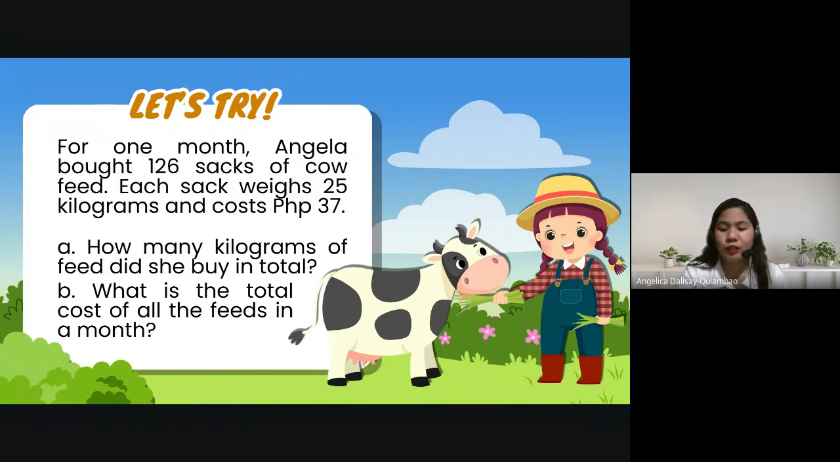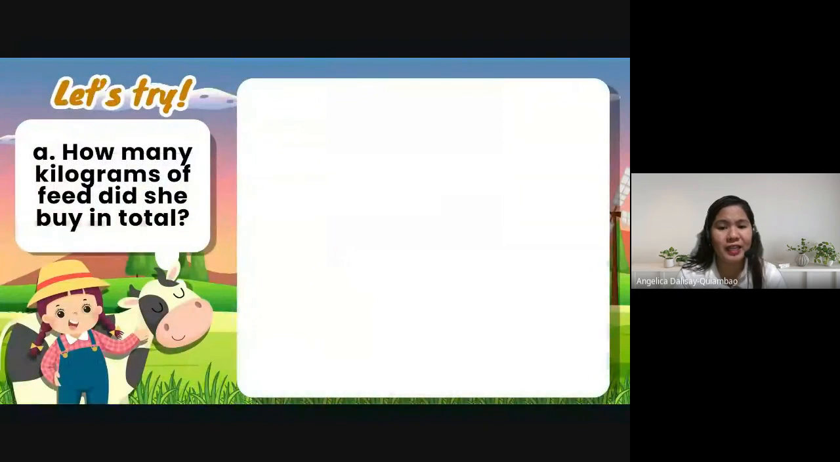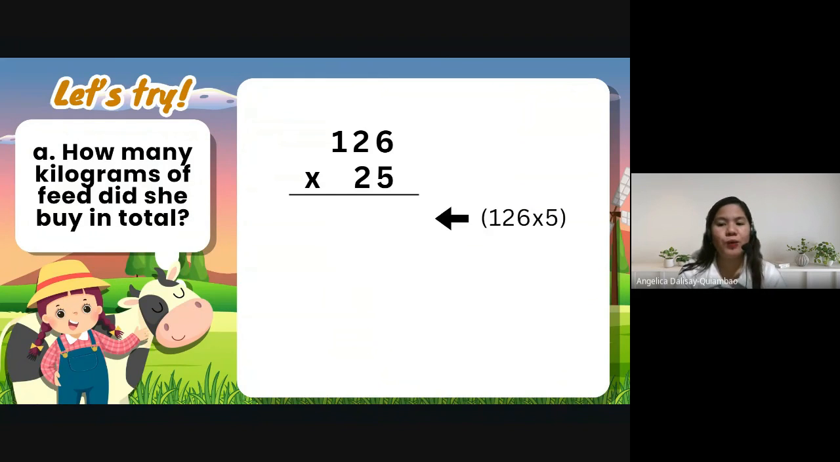First, we will answer the first question, which is how many kilograms of feed did she buy in total? Angela bought 126 sacks. We will multiply it by the number of kilograms, which is 25. The first step is we will multiply 126 by 5. So we have 6 times 5,